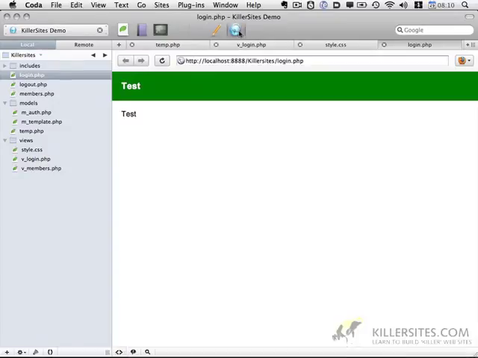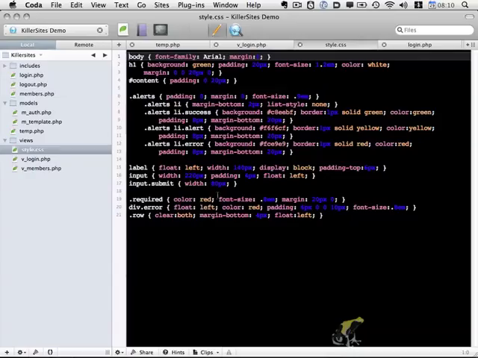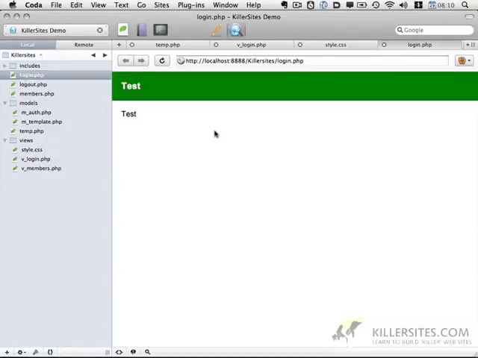So let's go ahead and test this. And it looks like everything's working properly. We have our test content, and it looks like the styling is showing up correctly, the styling that appears within the style.css file. So the next step after this is to get started on our template object. So I'm going to open up the template file. It's